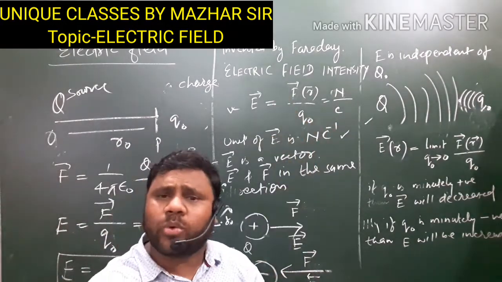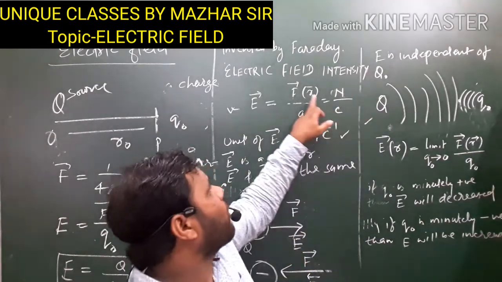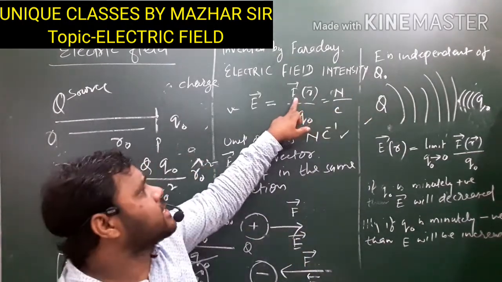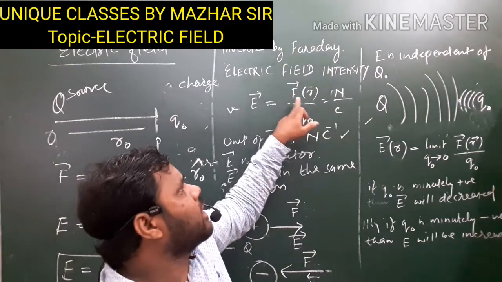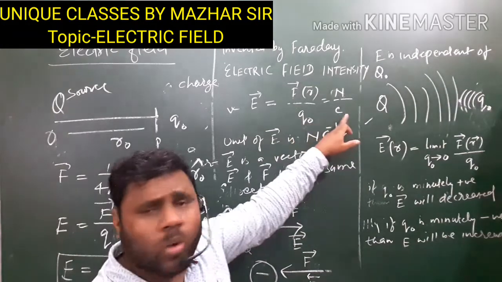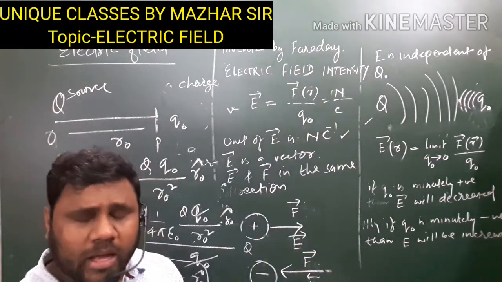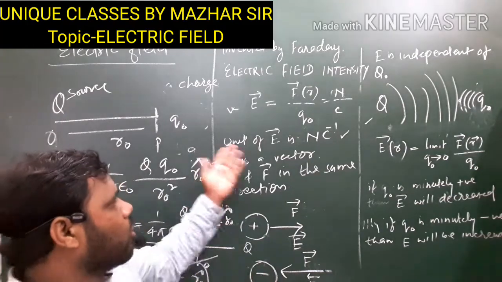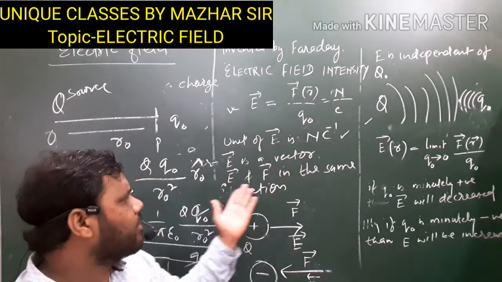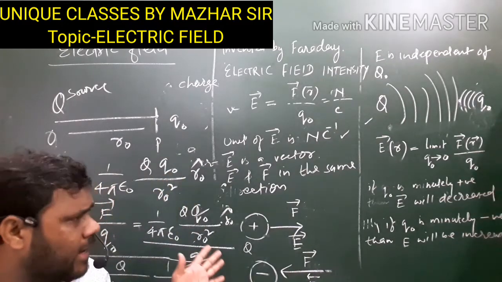What would be its unit? The unit would be Newton per Coulomb. The unit of the force is Newton, and similarly the unit of the charge is Coulomb. So Newton Coulomb to the power minus 1 would be the unit of the electric field intensity. The electric field intensity and the force are in the same direction, and both